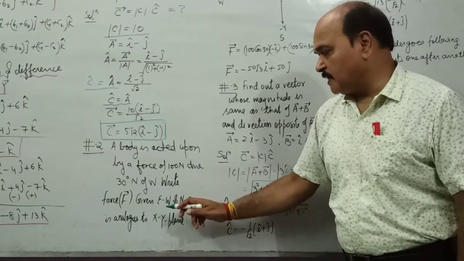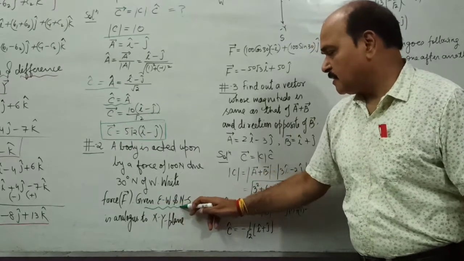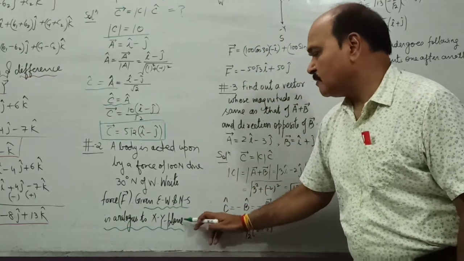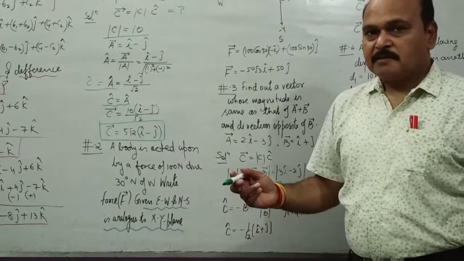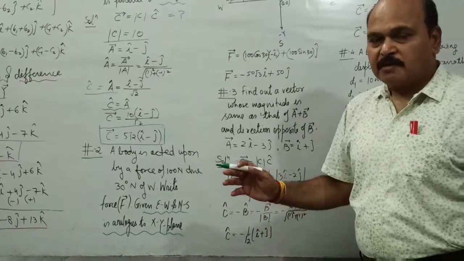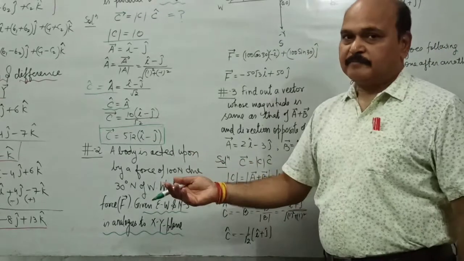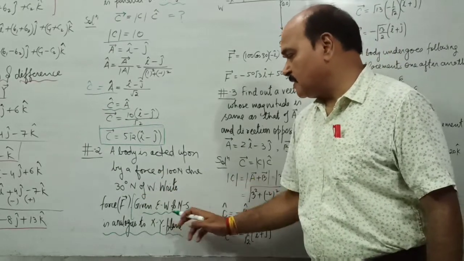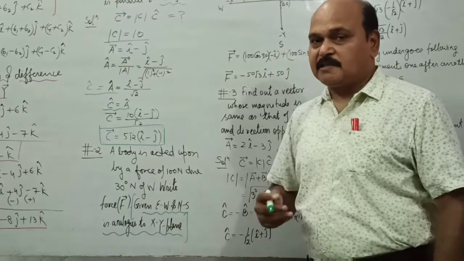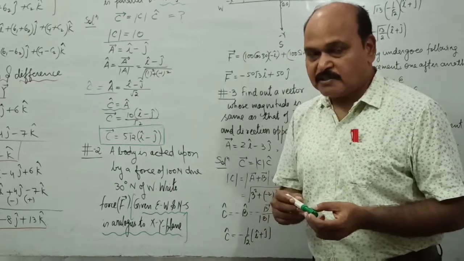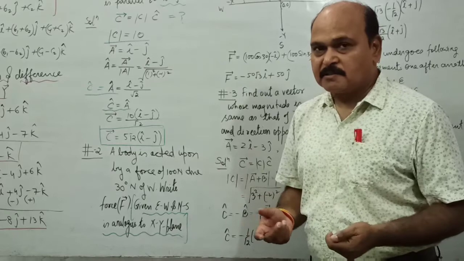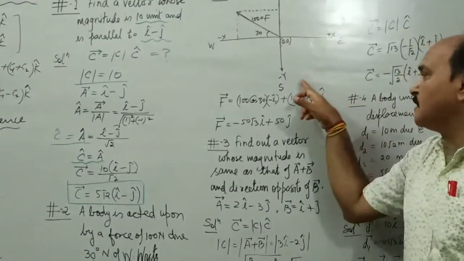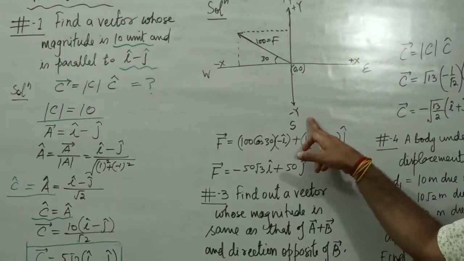The given quantities east, west, north, south, directions are analogous to x and y axis. Even if it is not mentioned in the question, by default we take it as the same. That is, direction due east is taken as positive x axis, due west as negative x axis, due north as positive y axis, and due south as negative y axis.